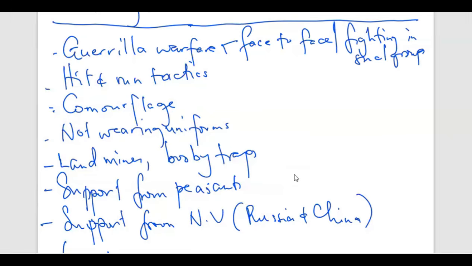What was the advantage of fighting in small groups? If there's a casualty or a successful shooting from your enemy, maybe they will only kill 3 or 4 of you, not the whole group. If you are fighting as a group of 300 and you are massacred, it is to your disadvantage, unlike fighting in smaller groups. So even if the Americans tried to use conventional methods upon them, they would not be able to massacre them because they were in small numbers. And then the hit and run tactics. Hit and run, they will attack also from unknown angles.